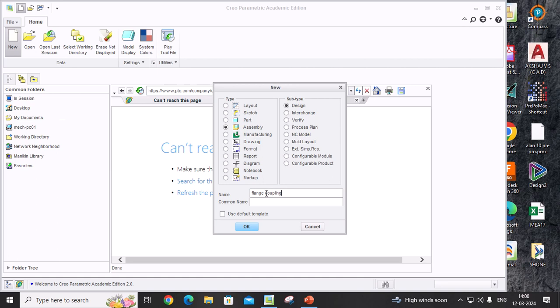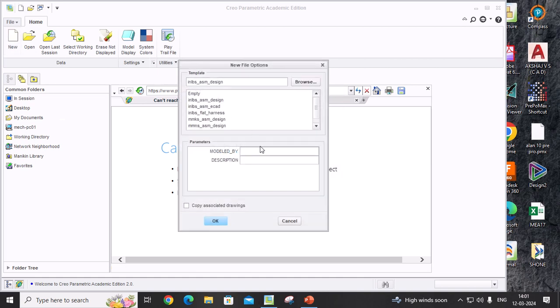And it won't take space, so we need to give an underscore. So this is my assembly. I'm going to assemble the flange coupling. So you can give the name if you want, and from the template you must select MMNS assembly design and